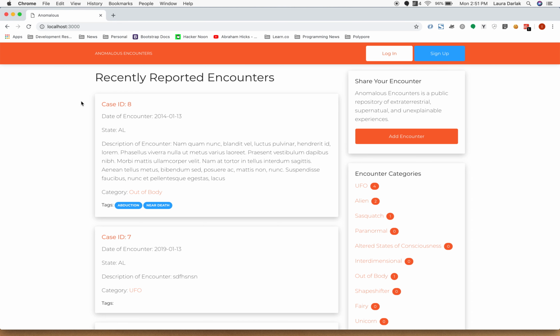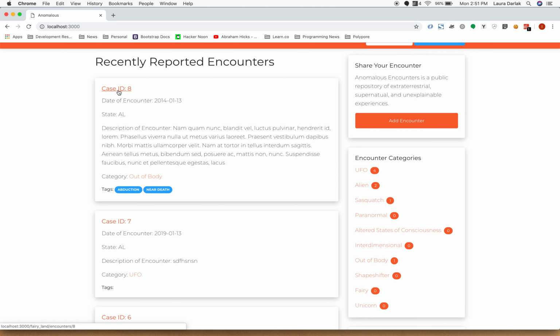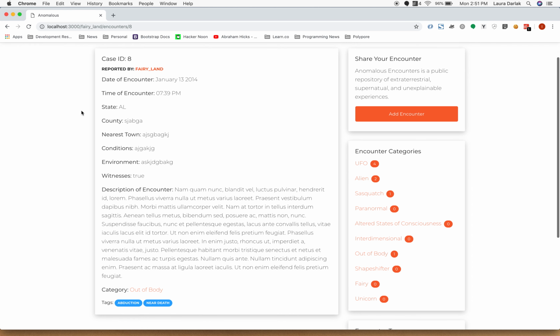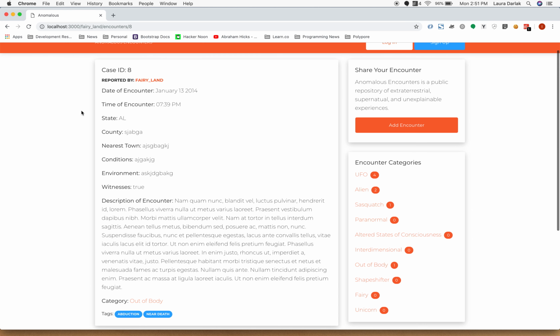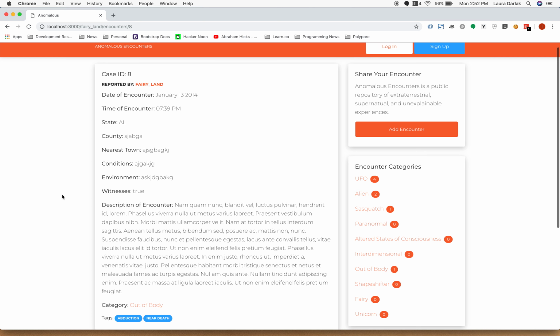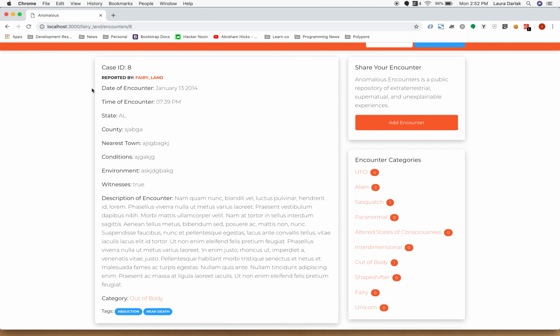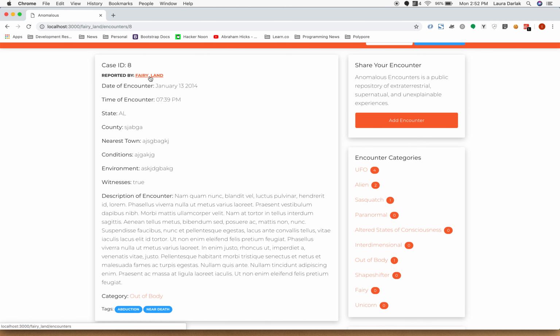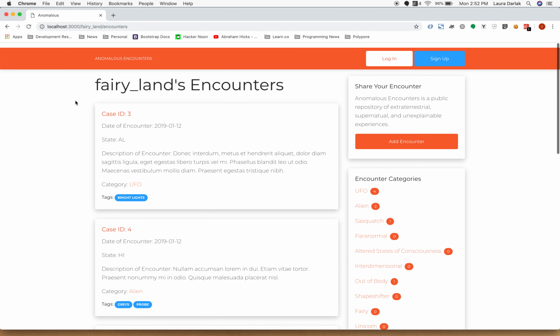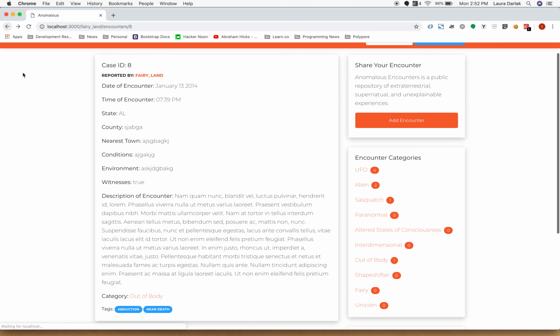Let's start off here by selecting an encounter. We'll start with case ID number 8, and when we select case number 8, we're taken to the individual show page for that encounter, and it has more detailed description of that encounter compared to the snippet we had on the home page. We can see that this encounter was reported by Fairyland, and if we click on this link here, we can see all the encounters reported by Fairyland. We'll go back here, and